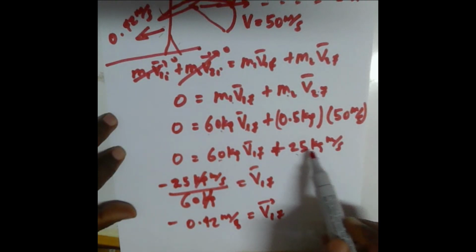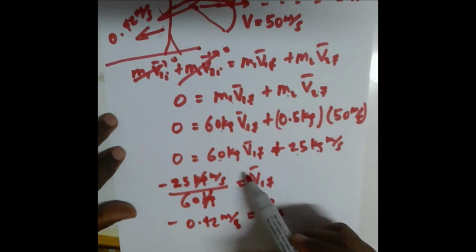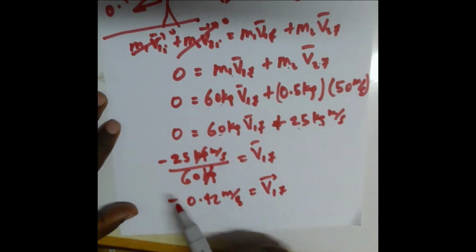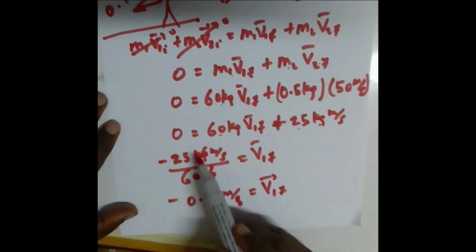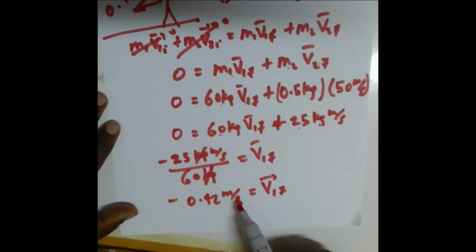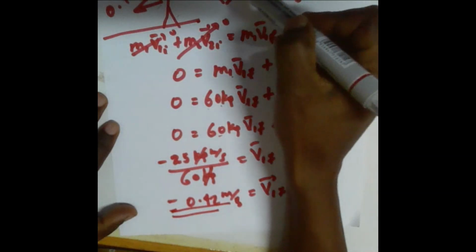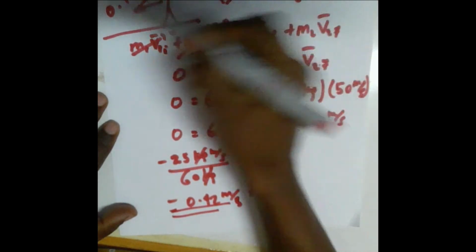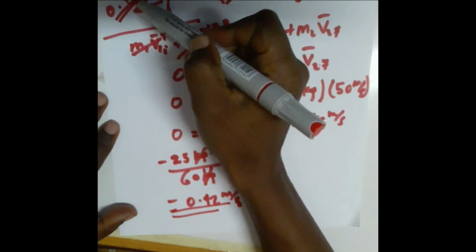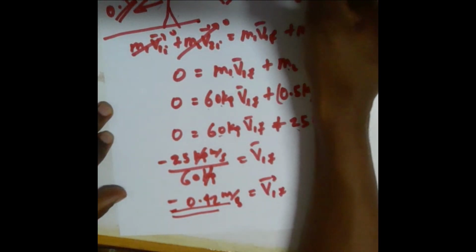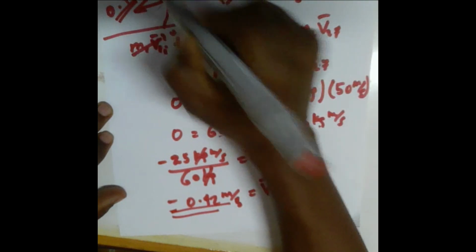Multiply this, it becomes 25 kg meter per second, and taking this to the left side, it becomes minus 25 kg meter per second. Divide by 60, it becomes 0.42 meter per second, and minus. The minus sign indicates the direction. So when the arrow goes in this direction, the person will go to the left side with a speed of 0.42 meter per second in the negative x-axis. Considering this the positive x-axis, and this the negative x-axis, the person goes in the negative